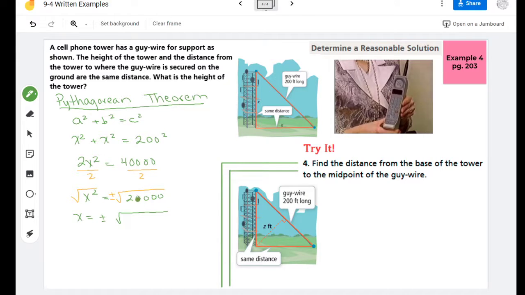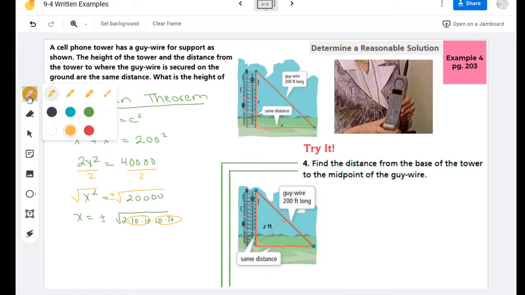Now, when I have a bunch of zeros here, I'm just going to break it into a bunch of tens. Because there's 4 zeros, I put 4 tens, and those are going to act as my pairs that I pull out of my radical. So this is going to turn into x equals the positive or negative. I have 10 times 10, which is 100,